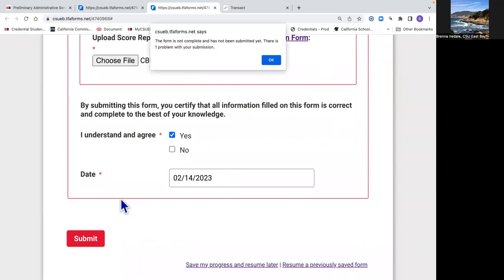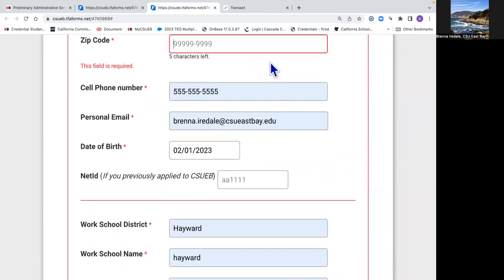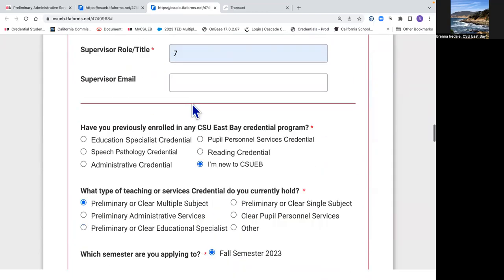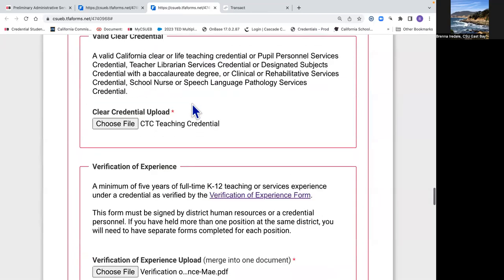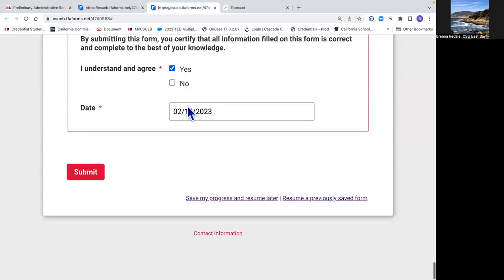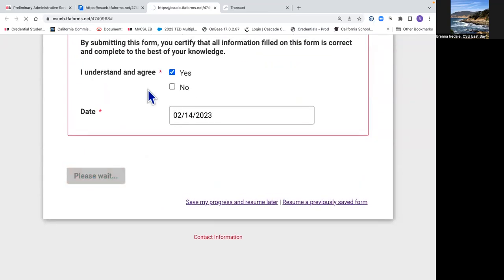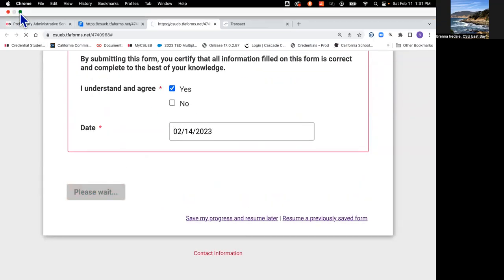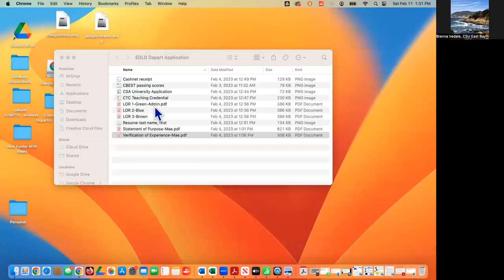Once I submit, I'm going to get verification, or it's going to tell me I'm missing something, like a zip code, and then I'm going to either save it for later or submit it. And then it will give me confirmation that I submitted and send me an email. Now I'm just going to show you what the